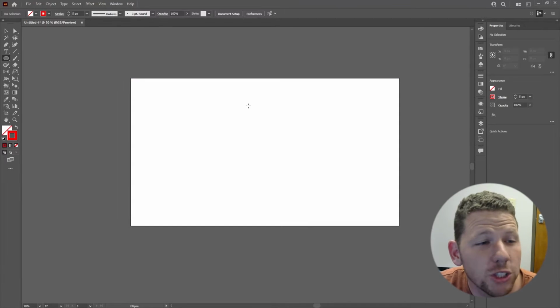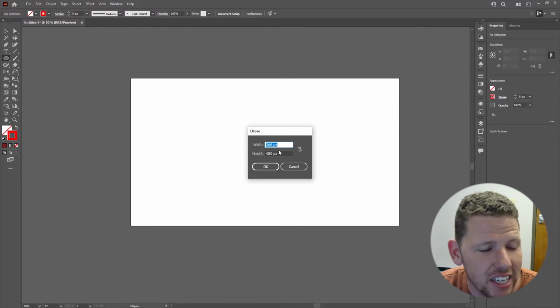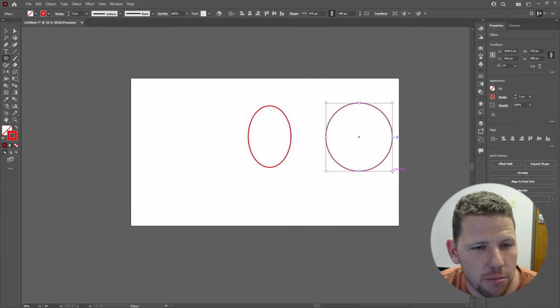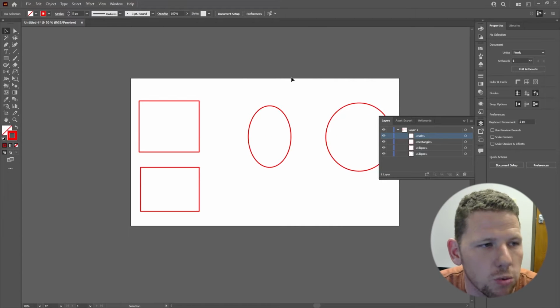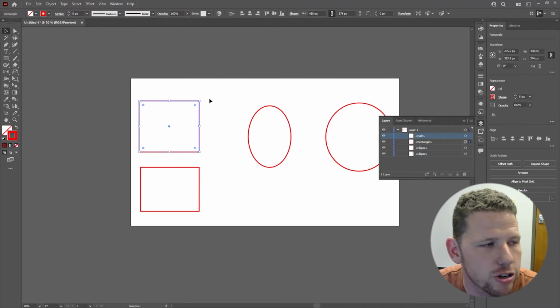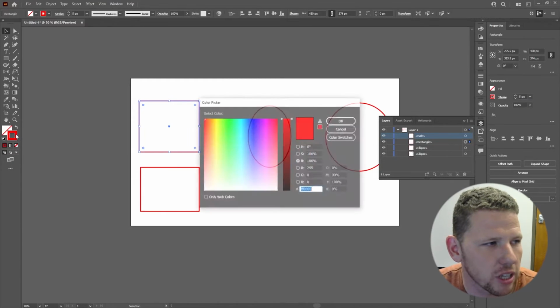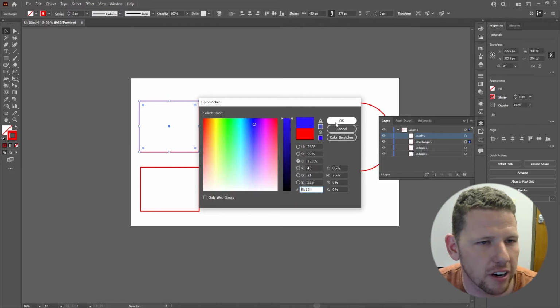to time. Once you have the shape tool that you want, you can create your shape either by clicking and designating the dimensions that you want, or you can simply click and drag to create your shape. Something you'll need to be familiar with when you work with live shapes is your fill and your stroke color. Over here on the left, you can see I have right now no fill and I have a stroke that is red. I can easily change these by double clicking and then selecting from my color picker any color that